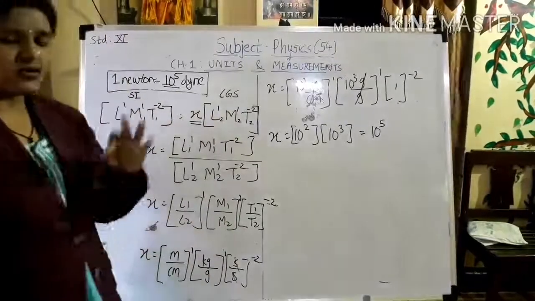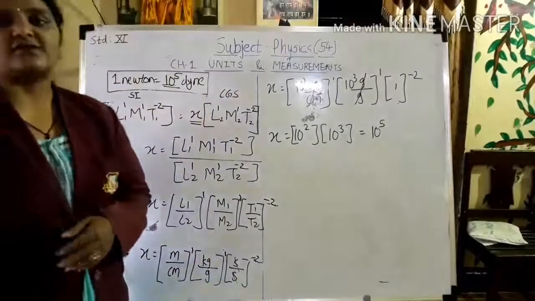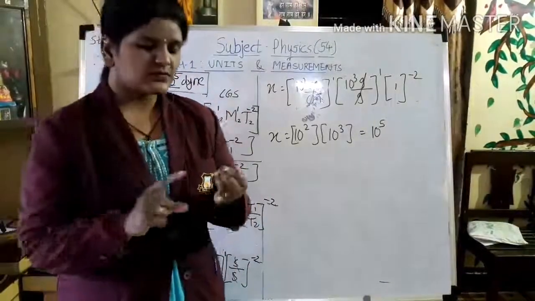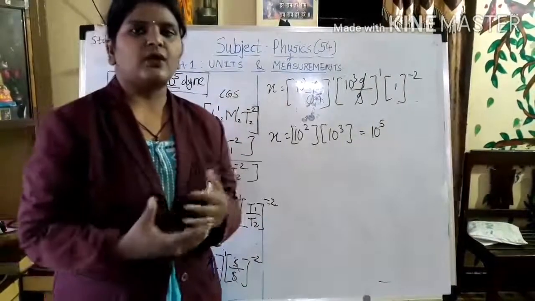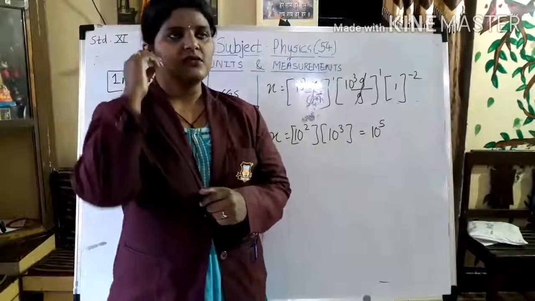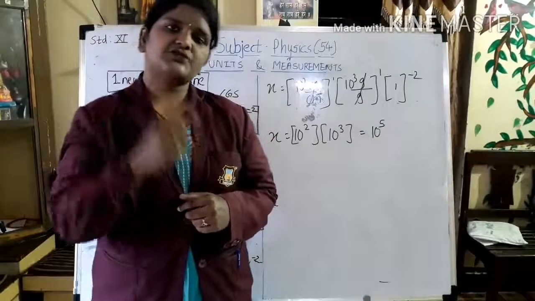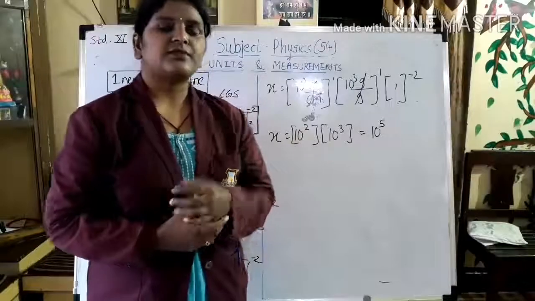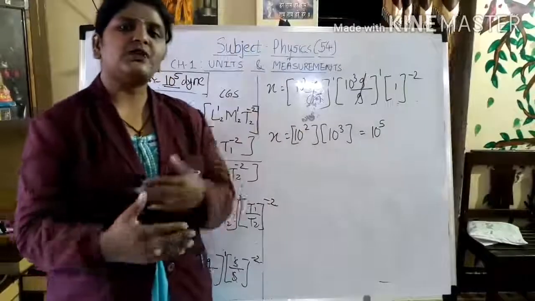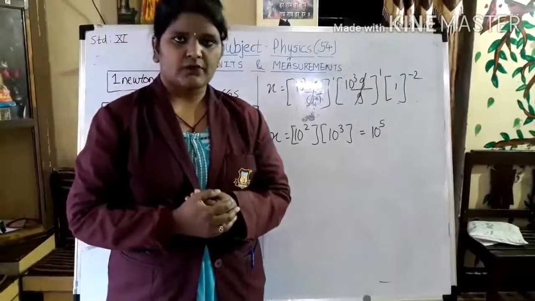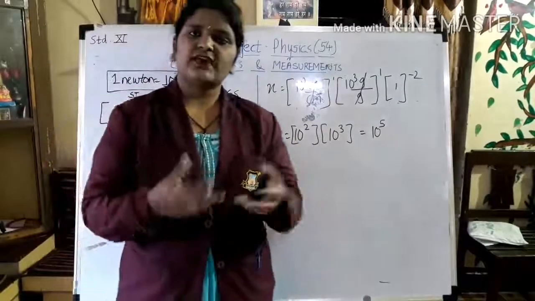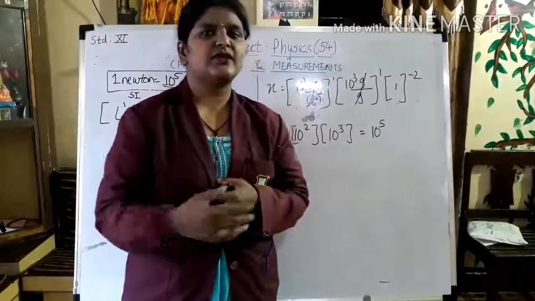So this is the third use of dimensional analysis. So I hope you all got all the 3 uses. What are the 3 uses? First one was to find out the correctness of any given equation. Second use was to establish the relation between physical quantities. Then the third use was to find out the conversion factor of a physical quantity between two systems of unit. Okay, so you can find out by using the same many conversions. As we have done 2, Joule Erg and Newton Dyne, you can find out for many more.